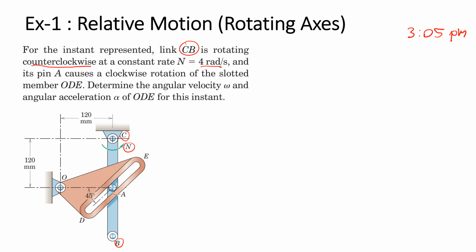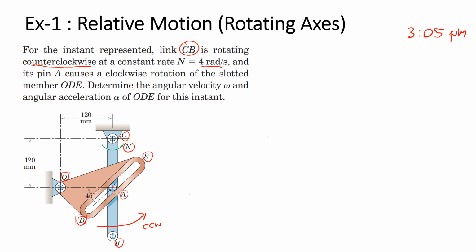And on the link CB, we have a pin at point A. This pin is traveling in the slot DE. And when the link CB rotates counterclockwise, it makes the part ODE